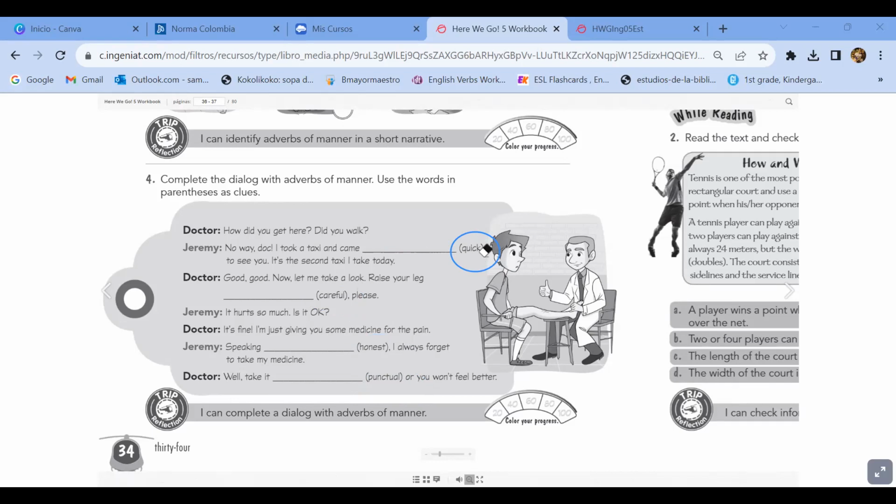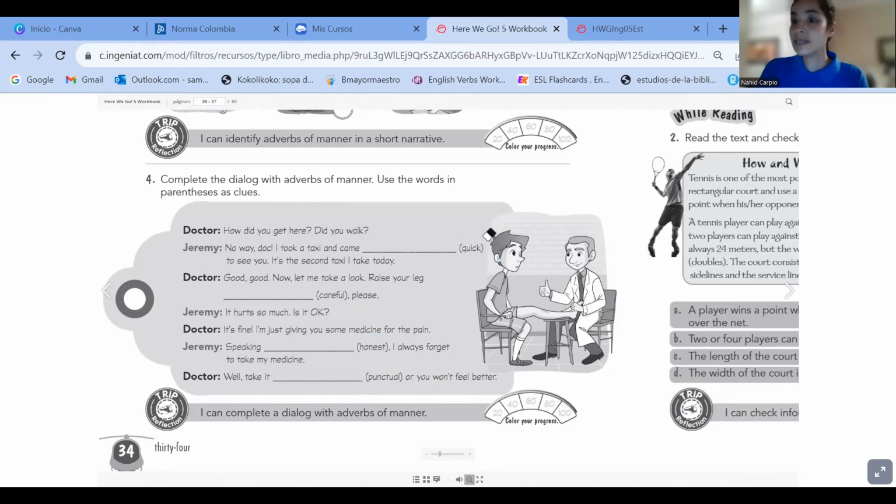Okay, class, this is all for today. This is all the activities you're going to do. You have all the weekend, Saturday and Sunday, to do these activities for your workbook and your student book. Don't be scared, no tengas miedo en hacerlas. Why? Because you are going to check the answers in class next Wednesday. On next Wednesday, I am going to tell you about your exposition, okay?